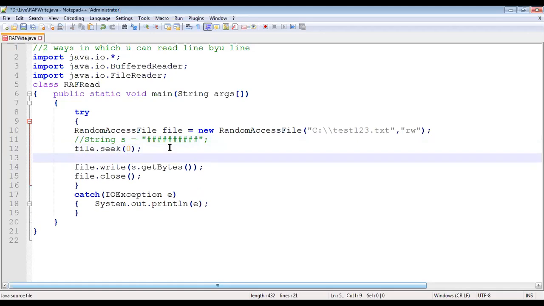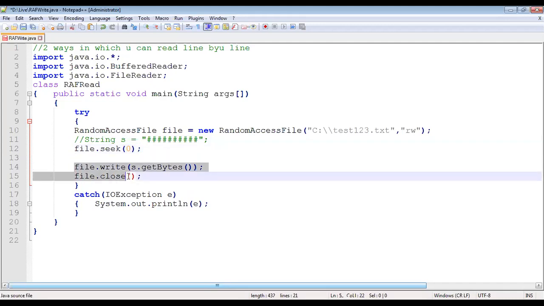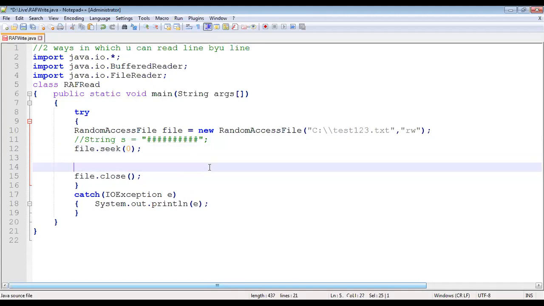I'm telling my file pointer, please position yourself at the 0th place. Okay, is that fine, Gayatri?